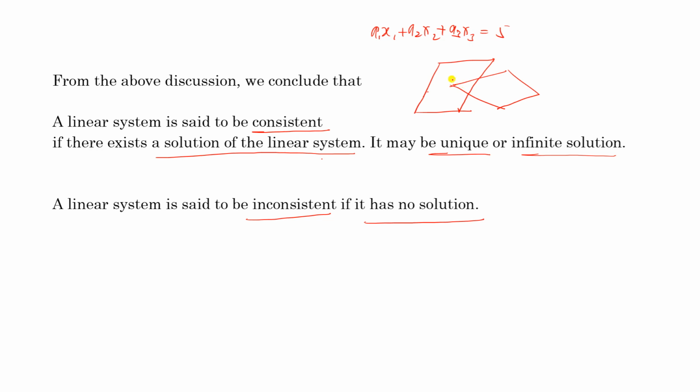So here if we have three variables, then we will have planes. If we have two variables, then we will have only a straight line. I hope that you got the concept of different types of solutions. In the next lecture we will discuss the matrix method and rank method to find the solution of a system of linear equations.